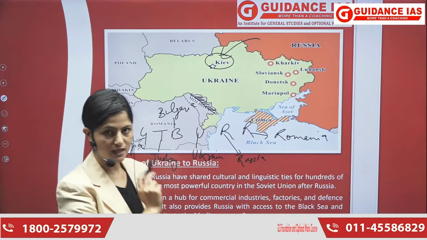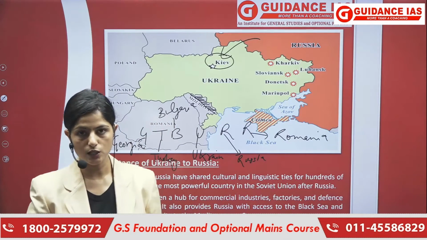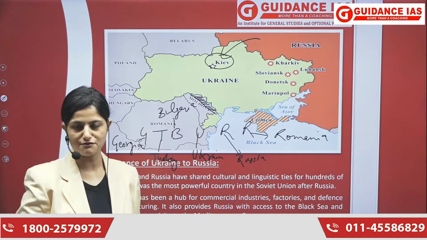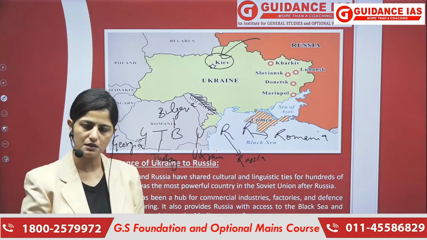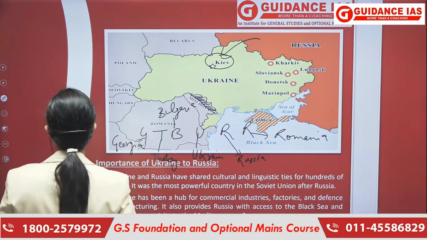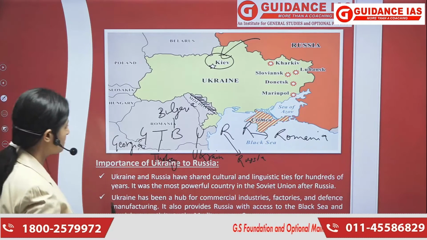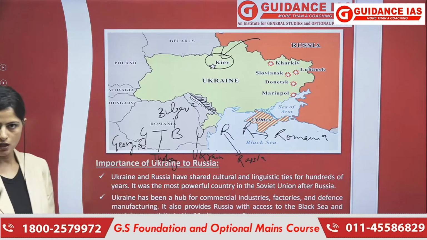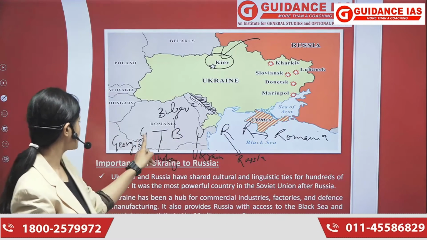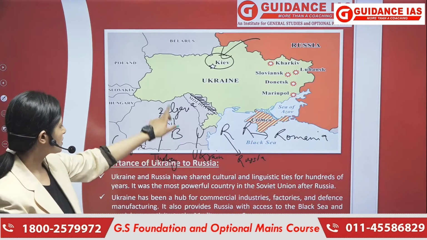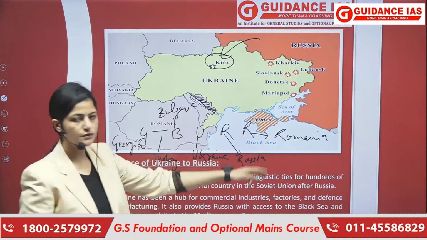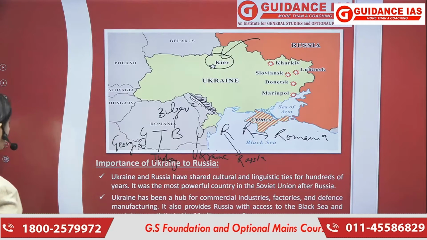Similarly, you have to make such things for the Mediterranean Sea also. UPSC has a favorite habit of asking about bordering countries. They have asked questions on the Mediterranean quite a few times. So make sure that you prepare the bordering countries very carefully, and this is very important. Okay, you can write this. This is GTBURR: Georgia, Turkey, Bulgaria, Ukraine, Russia, and the other R stands for Romania. These are the countries which border the Black Sea.